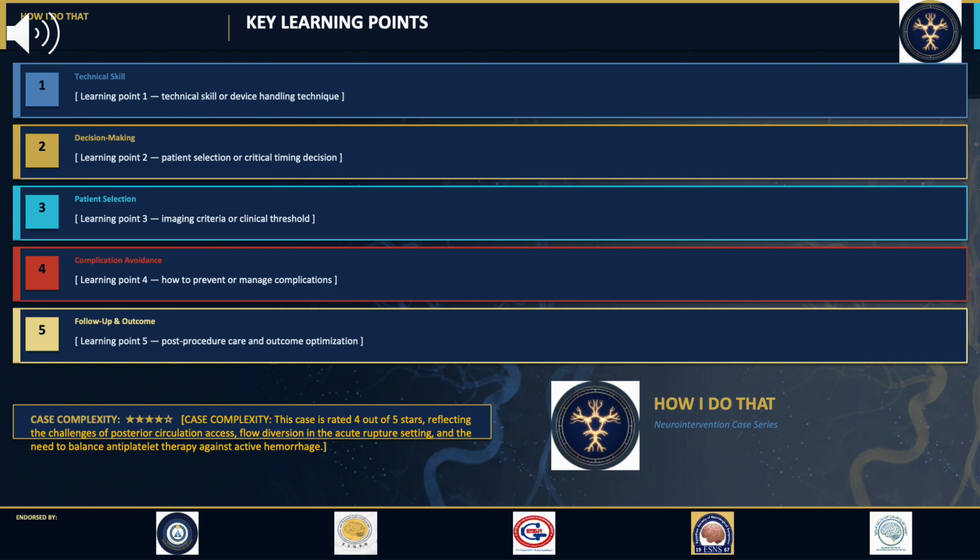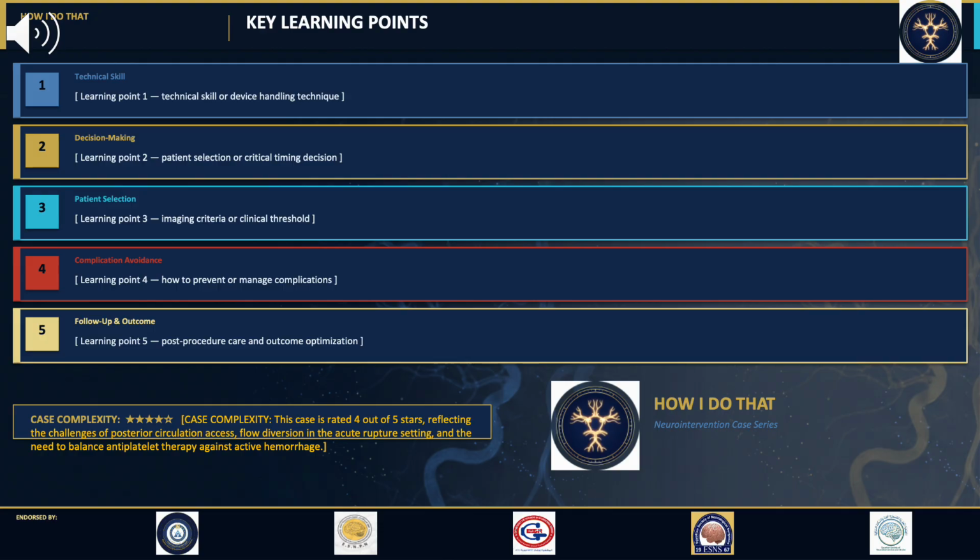The fact that EVD was placed first allowed CSF diversion and ICP management before committing to dual antiplatelet therapy. Patient selection for flow diversion in the acute rupture setting requires weighing aneurysm morphology, dissecting versus saccular, vessel anatomy, can the microcatheter and device reach the target safely, and the ability to manage the dual antiplatelet requirement in a hemorrhagic